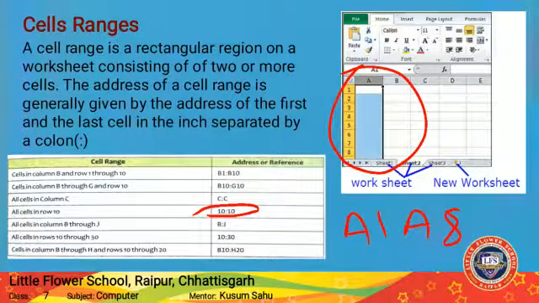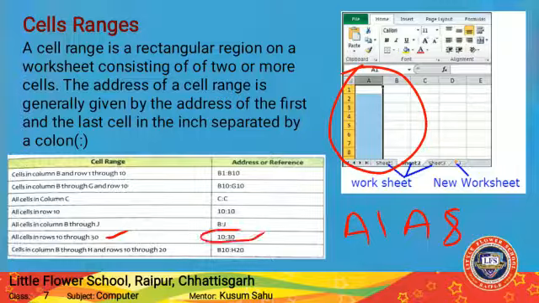After that, all cells in columns B through J, means the cells from B to J, we will represent like this, B:J. After that, all cells in rows 10 through 30. We will represent it with 10:30, means all cells in rows from 10 to 30.